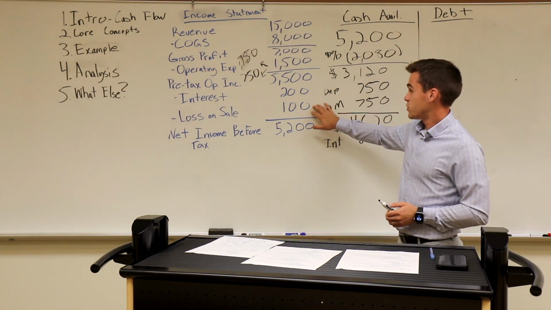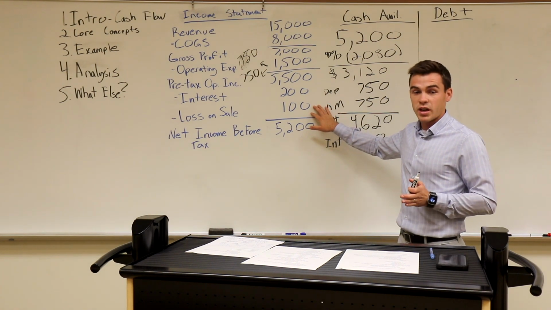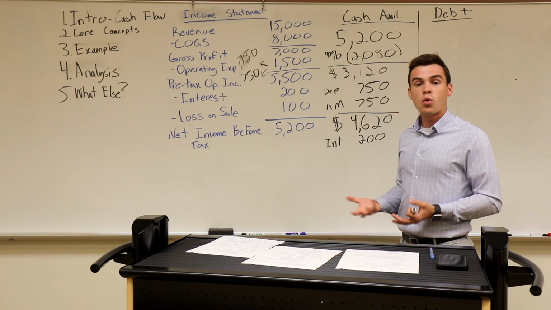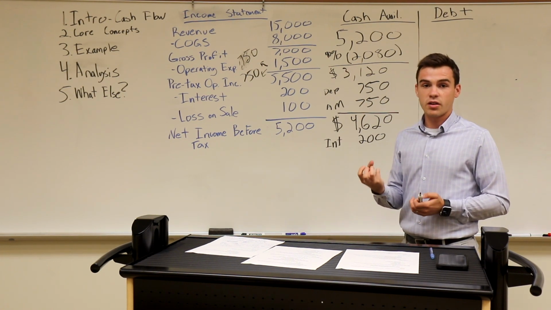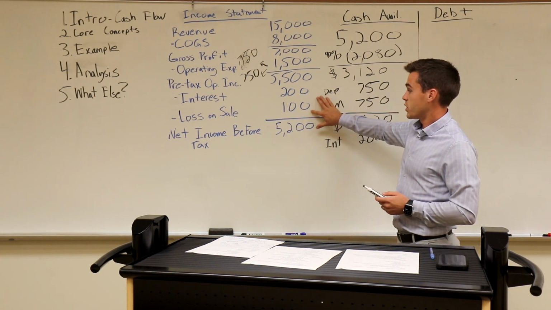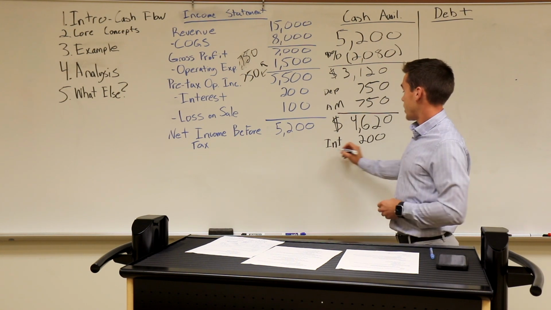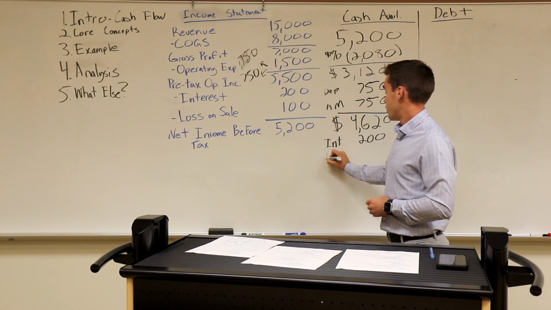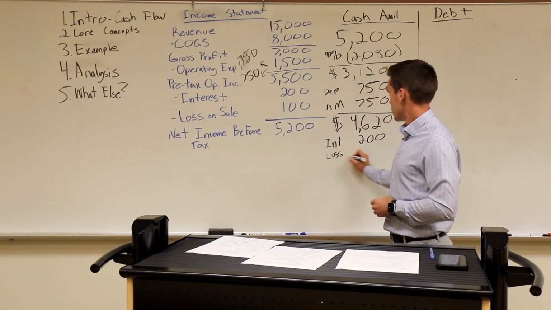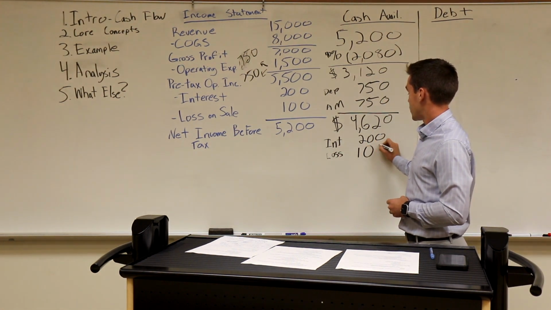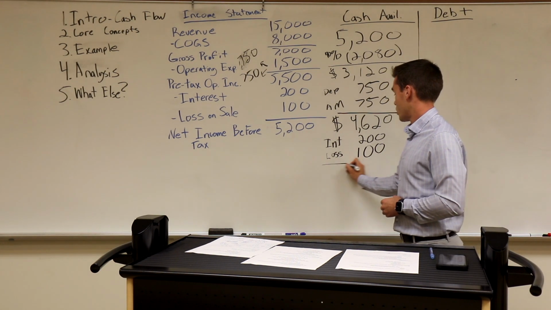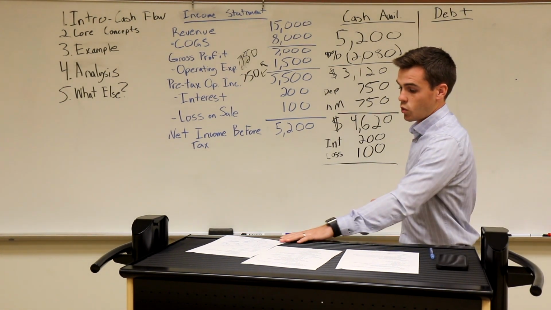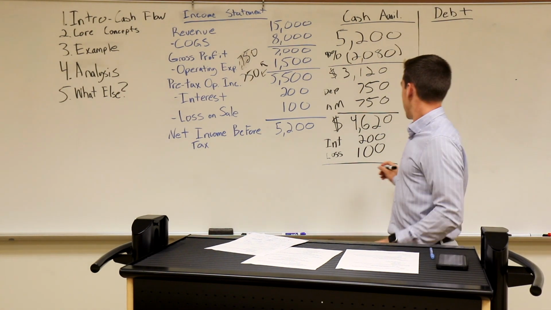When they do sell a piece of equipment, this is a little bit one-time in nature. And so if it is one-time, that's not core to their business, and that's what we're trying to analyze here. So we're going to give them credit for this loss on sale by adding back $100,000 of loss, because this is cash that they would not normally spend in a normal year. So the total of all those gets us to what we'll call a cash available of